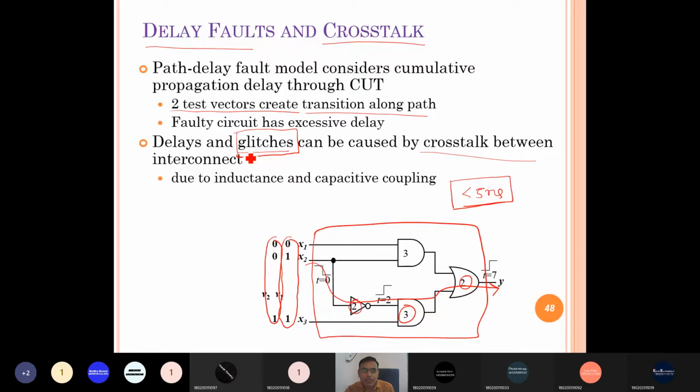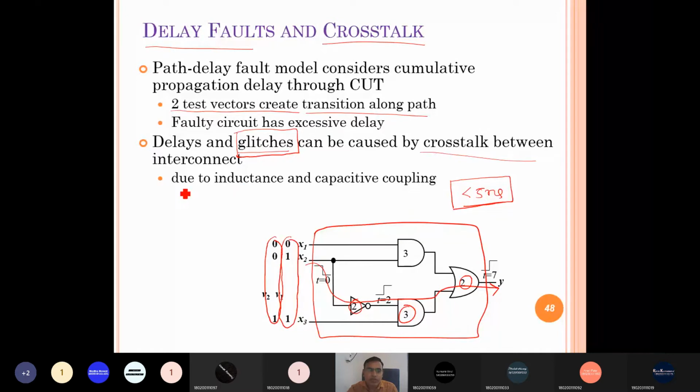So whenever there is any transition in a logic, it dissipates power. So the glitch not only affects our output, but also increases the power dissipation in the design. So it is an undesirable transition in the design due to the delay. It is called a glitch, right?